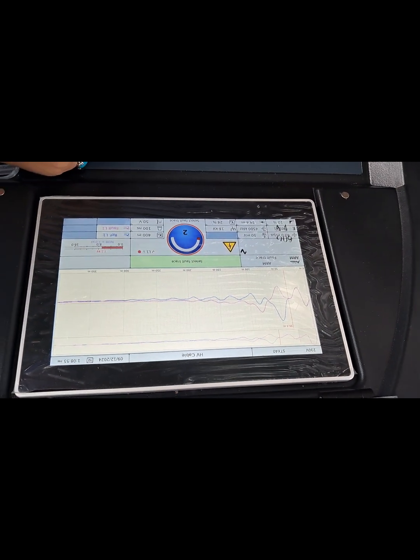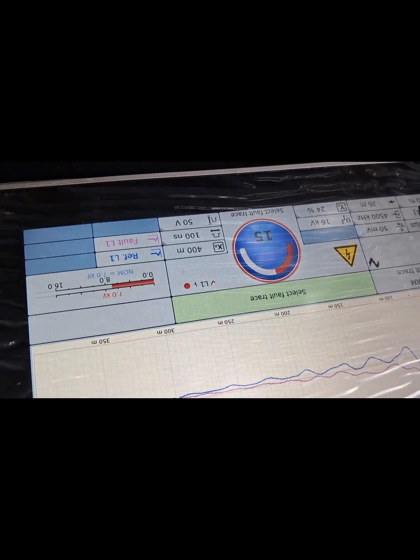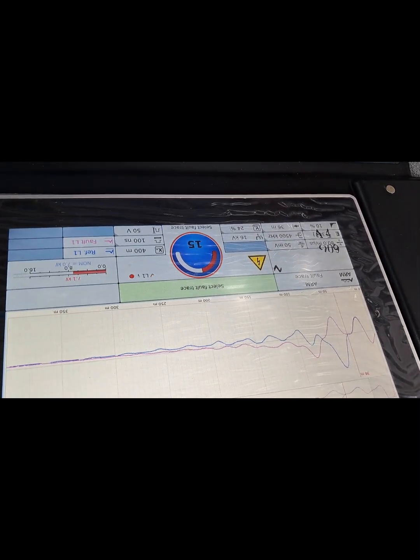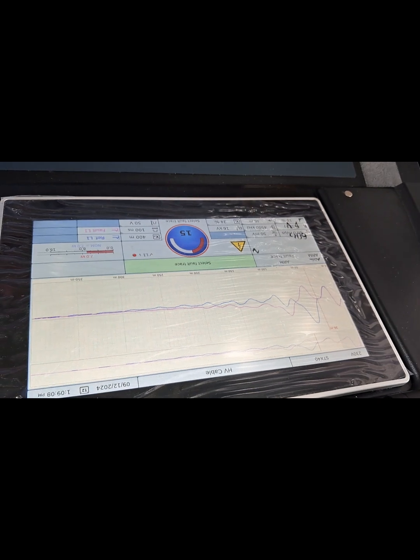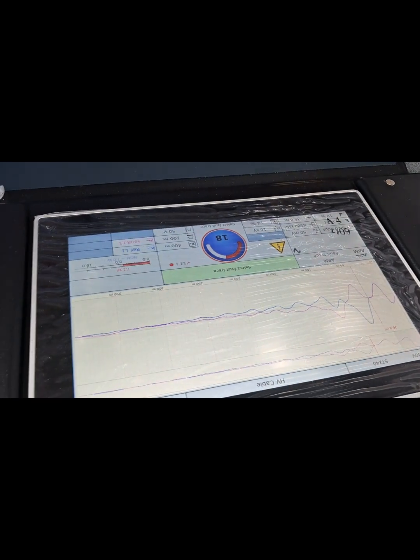And you can select multiple traces also: 3, 4, 5, 6, 7, 8. Suppose my TDR is coming from the last end of the cable and it got attenuated because of the long length of cable or multiple joints, then you cannot get the graph. But if you have a multiple fault graph option, you can analyze that.